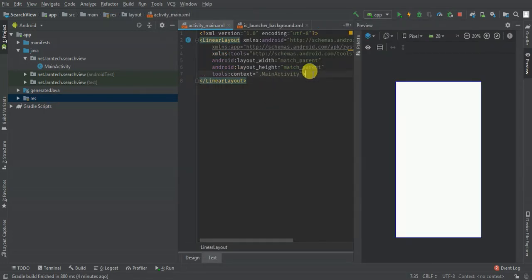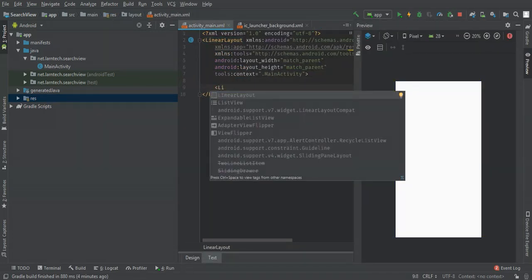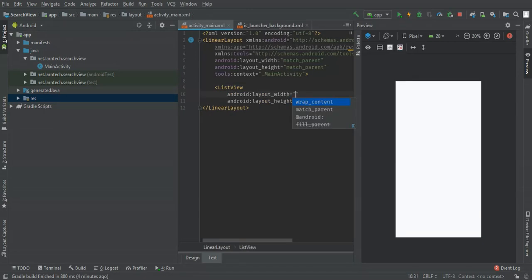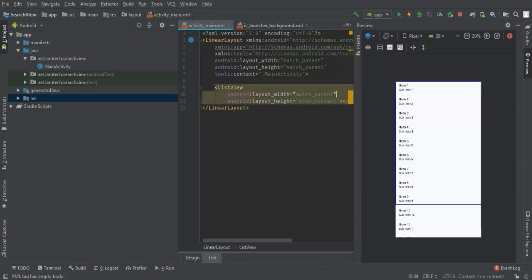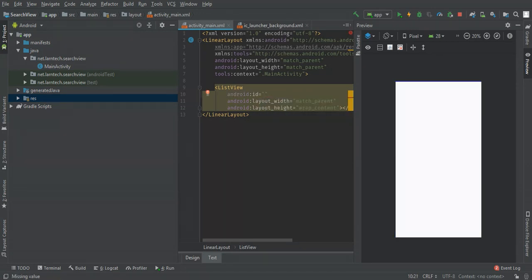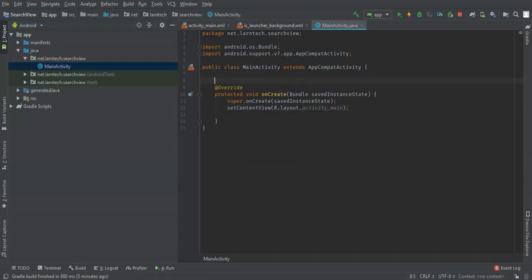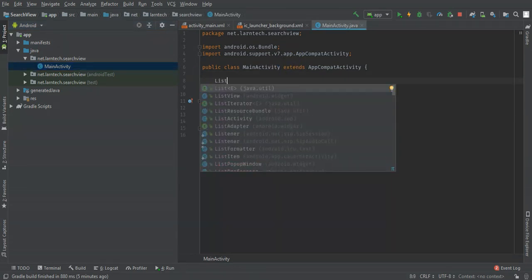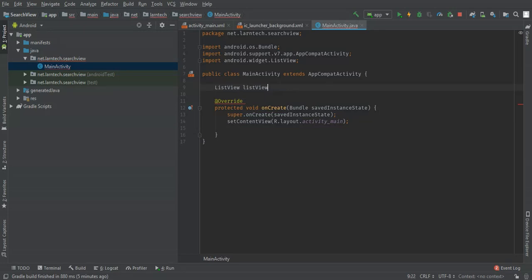So I'm going to start by adding a list view. Match parent, wrap content. I'm going to give it an ID, list view. I'm going to find it here, list view, findViewById,